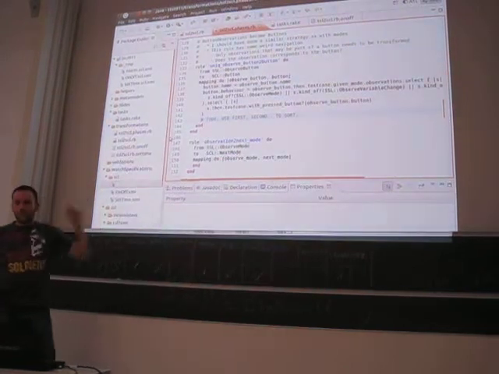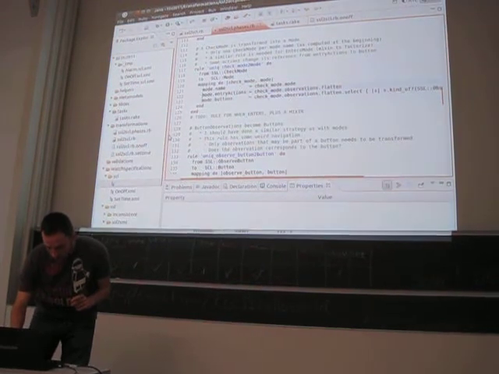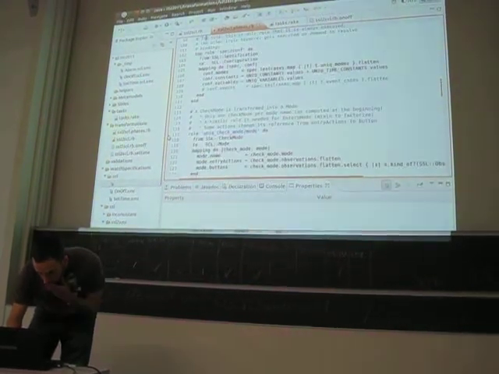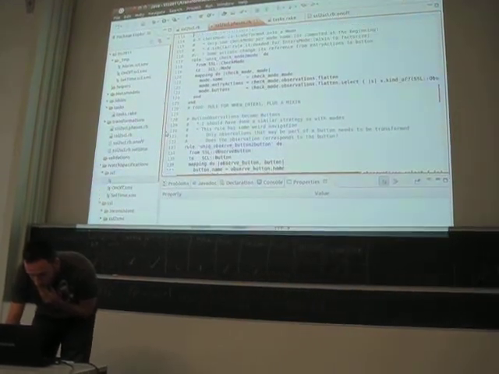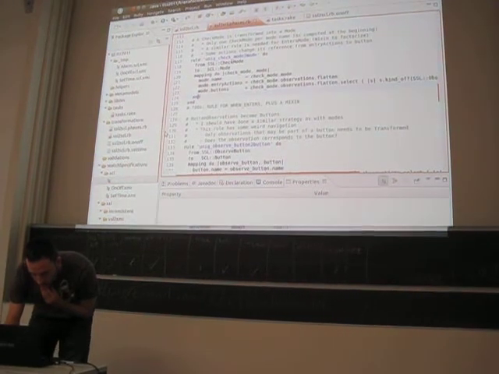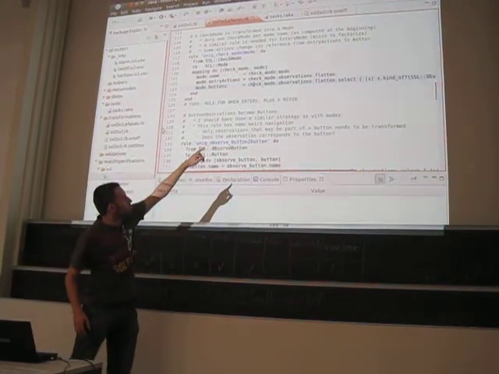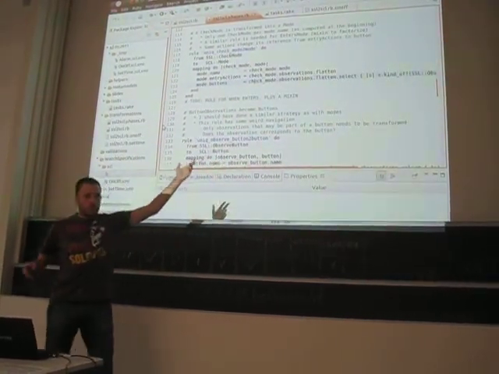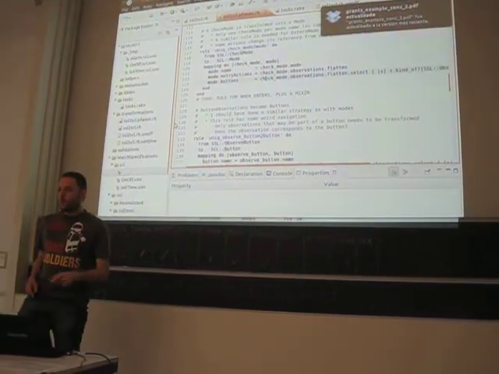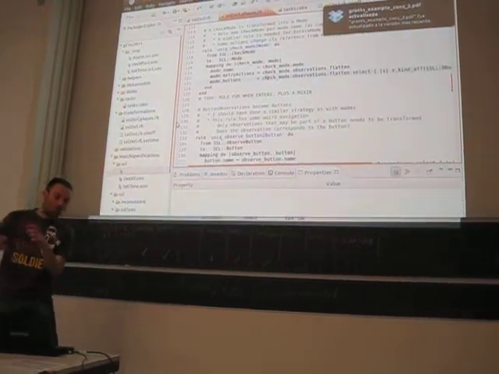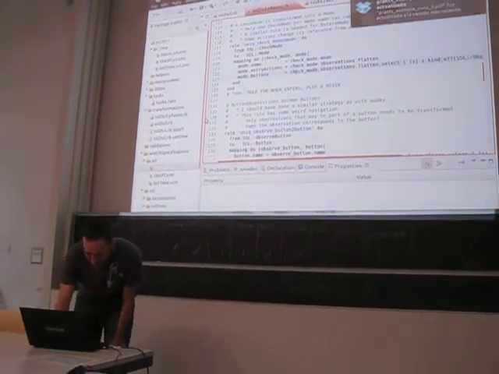I forgot to do this thing of ordering the buttons, but it's quite easy to solve, because the only thing I have to do is to sort the observe button observation. With the sort by or something like that which is built into Ruby, with the strategy that means ordering first, second, third, and then failing at fourth, but it will work.